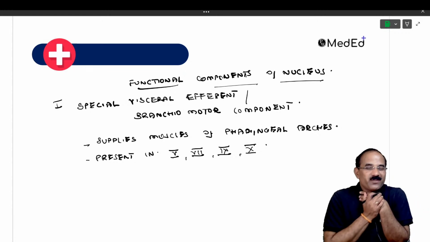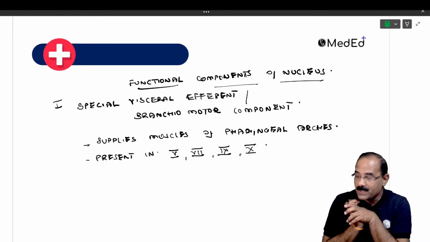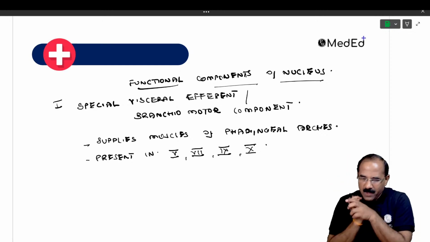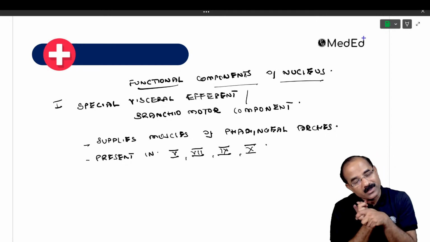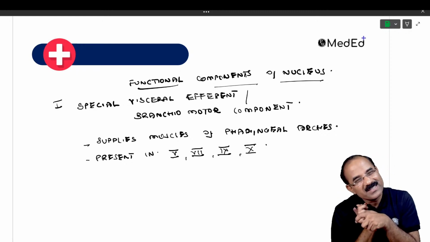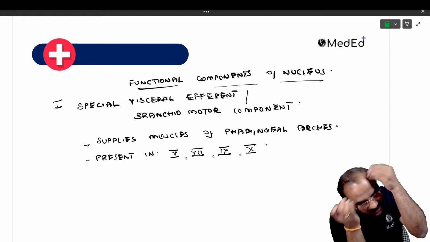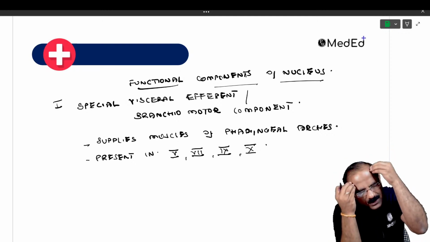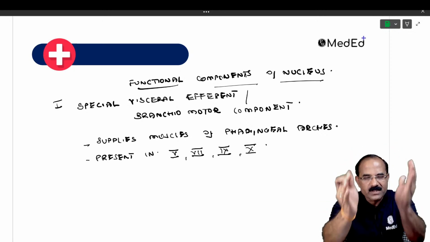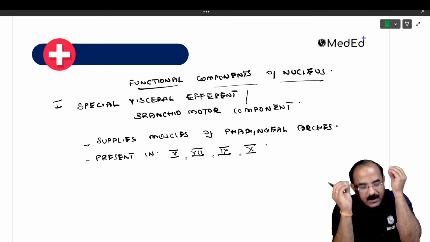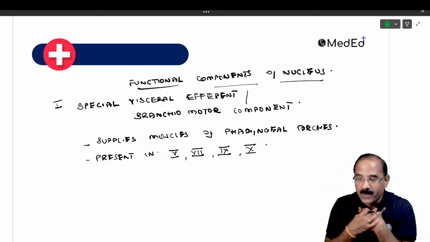Meaning, I'm a nerve, and I want to supply the muscles of pharyngeal arches. I cannot just go and supply. I need to have a component in my nucleus. If I have this component in my nucleus, what is the name of the component? The special visceral efferent. If this component is in my nucleus,